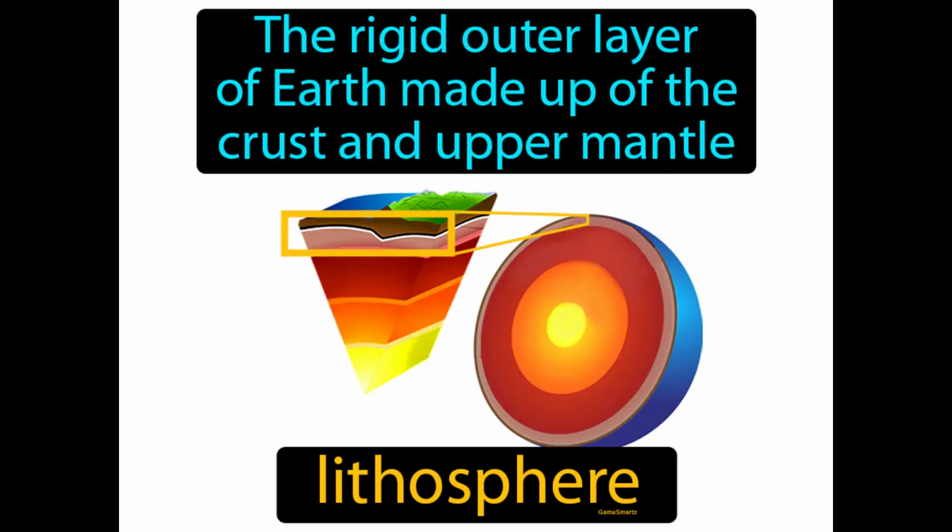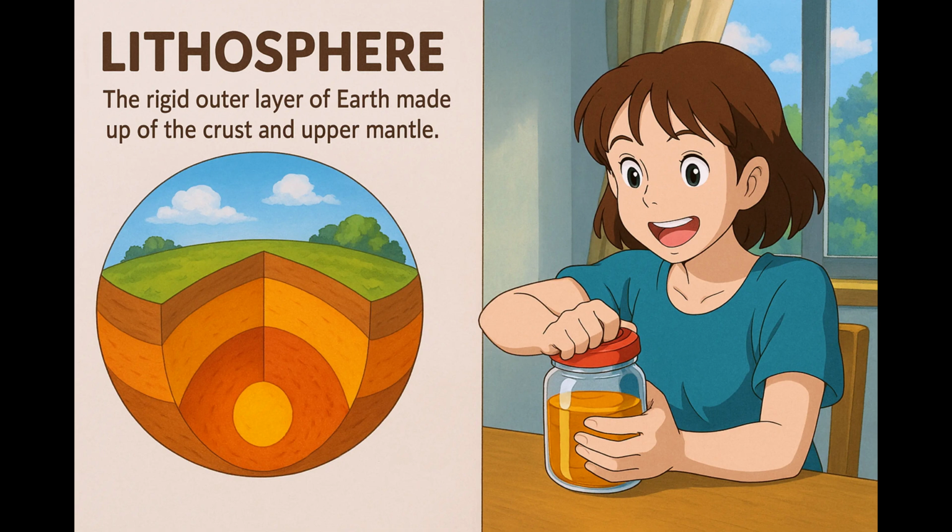The rigid outer layer of Earth made up of the crust and upper mantle. Lithosphere. The lithosphere is the solid, outer part of Earth that includes the crust and the uppermost mantle. Imagine trying to open a stubborn jar lid that just won't budge. Much like that jar lid, the lithosphere is the Earth's rigid outer layer, composed of the crust and upper mantle,